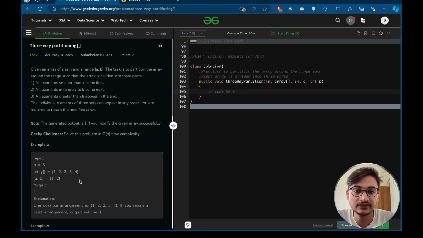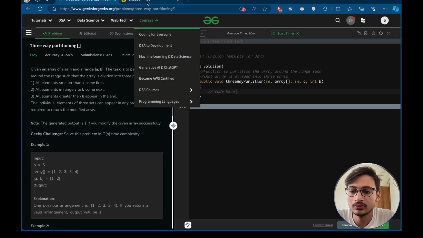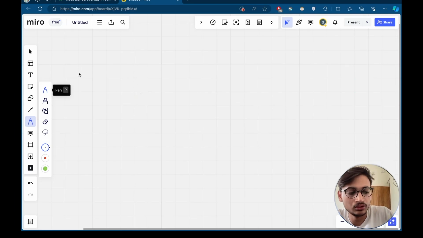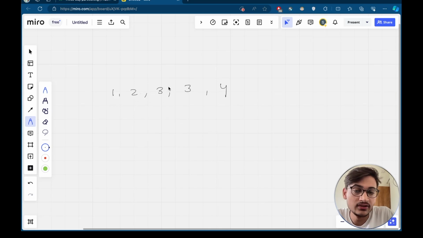So let's start discussing how we can solve this problem in a linear traversal. This is our array: 1 2 3 3 4. As we have to swap the numbers for arranging the elements, the first approach that should come to our mind is the two pointer approach. We will start from 1 and 4,